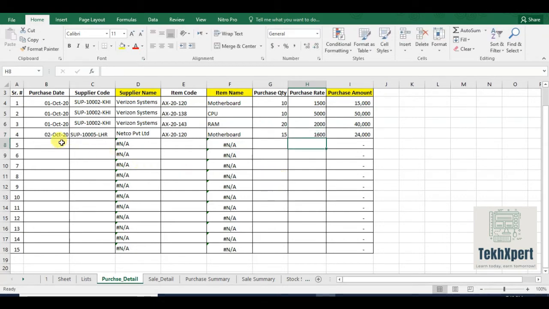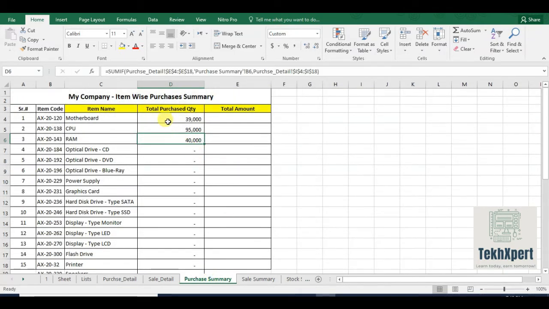Everything is being calculated now, nothing is changed because we have applied the correct formulas. Let's go to purchase summary. Look, here the things have been changed. So the automation process is working fine. We are entering the purchase details and the purchase summary is being populated automatically.